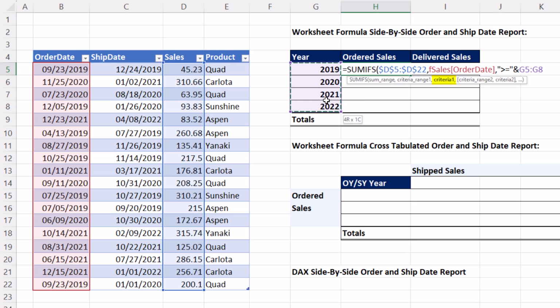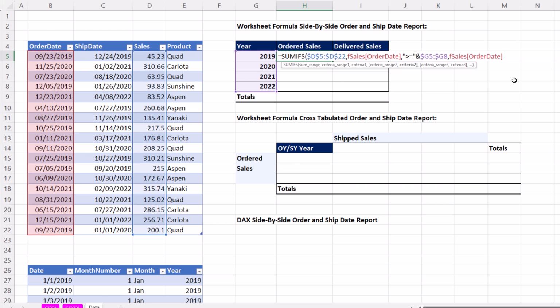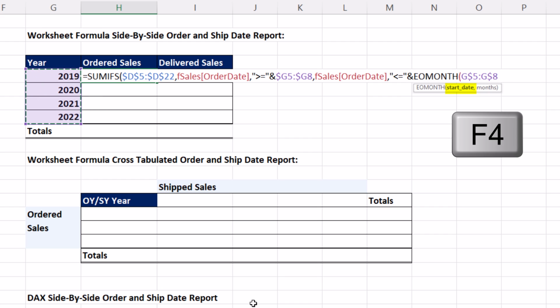Now I'm going to highlight all of these so it spills down. We're still going to have to copy it to the side. I need to F4 to lock it across the columns, but not the rows, comma, criteria range 2. We have to look at this twice, comma. The next criteria is the upper limit, so whatever that is has to be less than or equal to. And we can't highlight these because that's the beginning of the year, but we can definitely do end of the month. As we saw in the last couple of videos, if I highlight this and hit the F4 key 3 times,